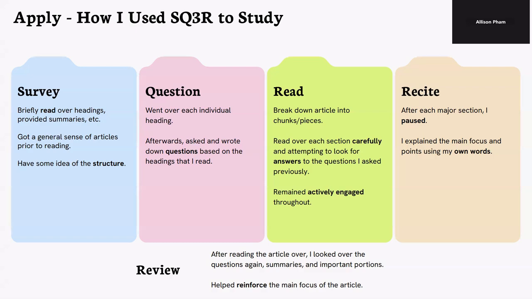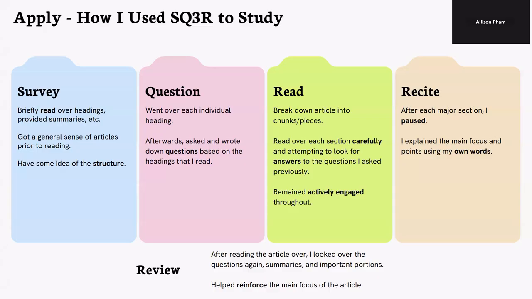Now, reading over each section carefully allows for me to, one, be able to look for the answers to the questions, but then also providing me the opportunity to further actually understand what the article is saying. My method is after each major section, for example, each major heading, I take a pause and I try to, or attempt to explain the general main focus. In the case of where I do miss any points, I will go back a little bit afterwards just to see which points I might have missed. Especially since for longer passages or longer paragraphs, it might be difficult to retain all the main key points.